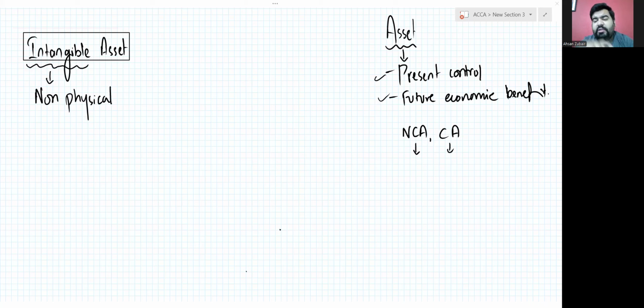The basic definition of asset will still be the same, because as I told you, the standard says that it is something on which you have present control and future economic benefit. The basic definition for intangible asset is the same, but for intangibility there is some addition in the definition. So the definition is an identifiable